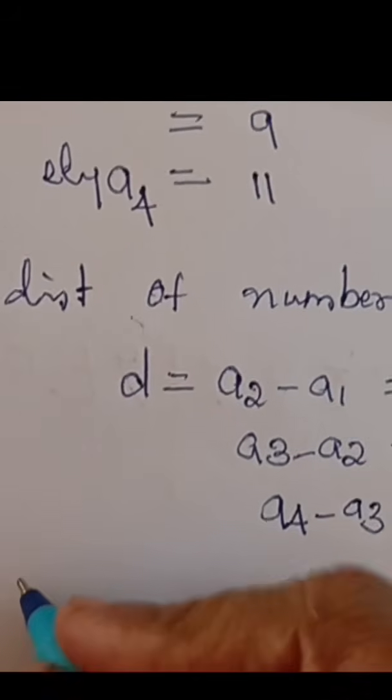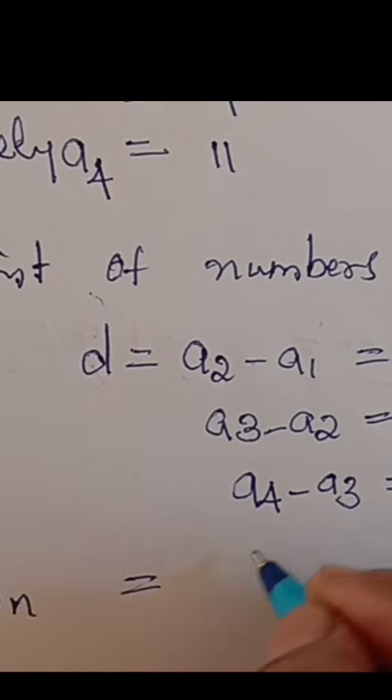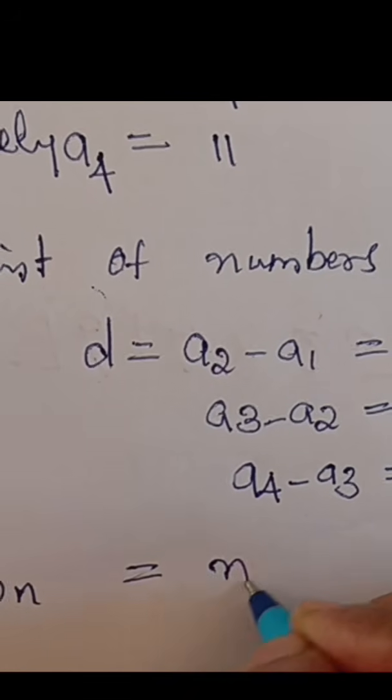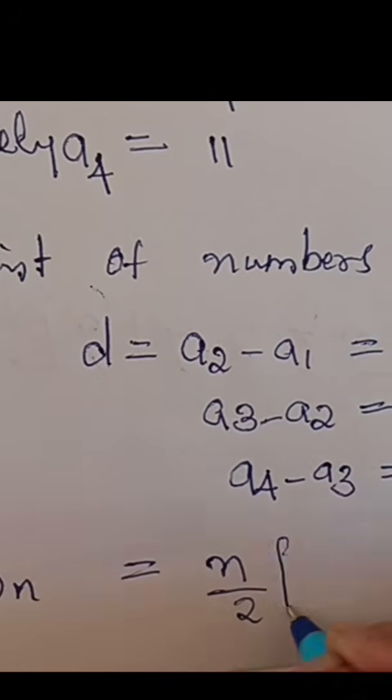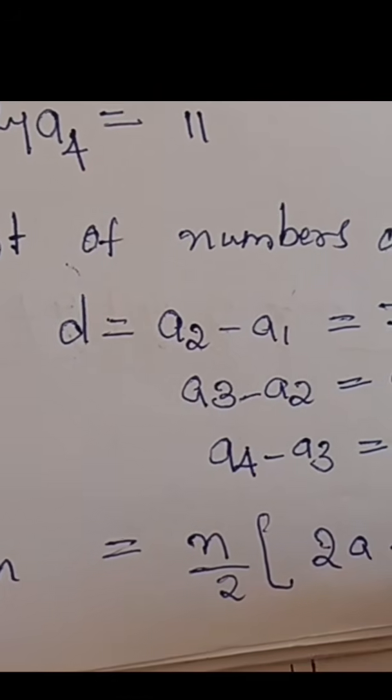So we get D. We have to find the sum. Sum is represented by Sn is equal to n by 2 into 2a plus n minus 1